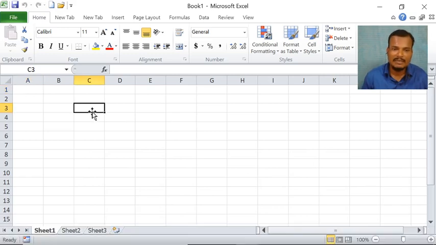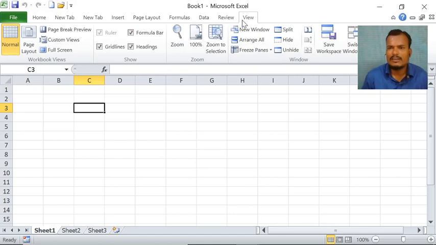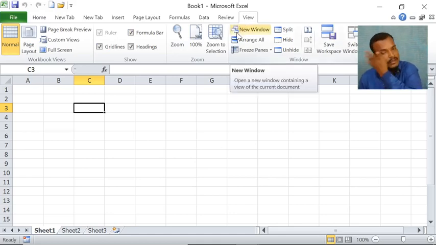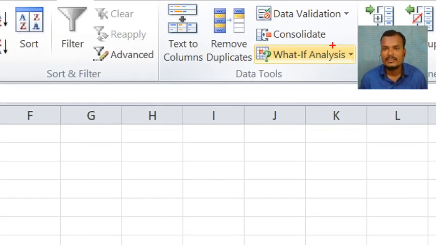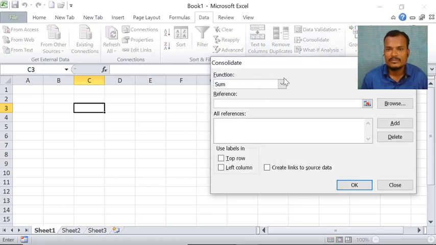See here, keep the cursor here. After that, click on the data tab. In that we have one option called consolidate. Observe here, consolidate. Click on this option. Once again I am telling, the October workbook has the data of what they have paid in October.